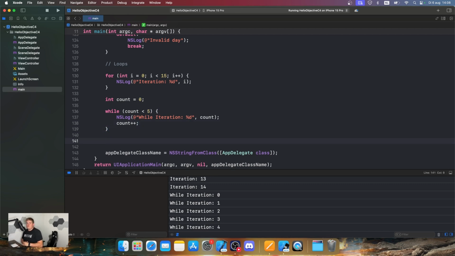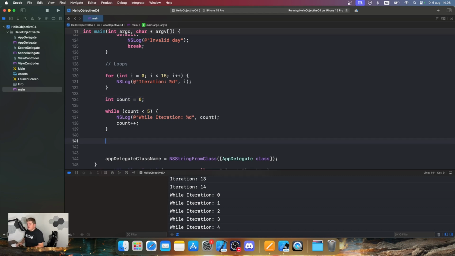Now, we also have one, and that's the do while. The difference between a while and a do while loop is, let's say, for example, the int count is 5. That means that the while loop will not run. It will say, hey, the condition is met, I don't need to run anymore. A do while is a loop that runs the code before the condition is checked. So how we do this is do,